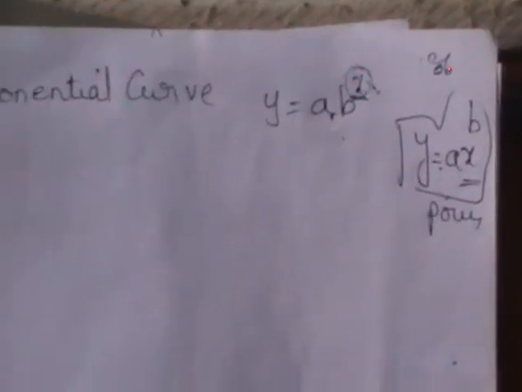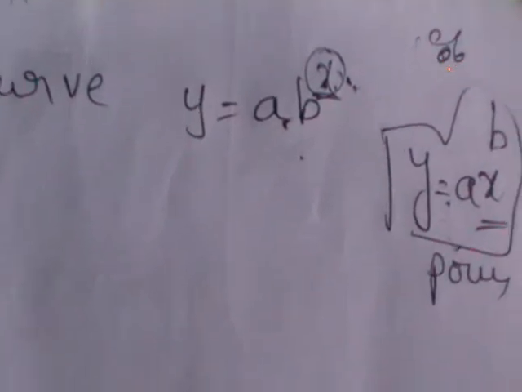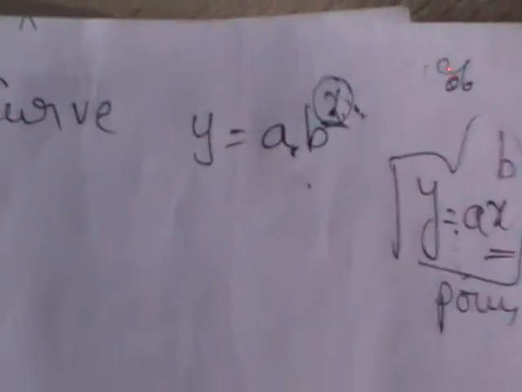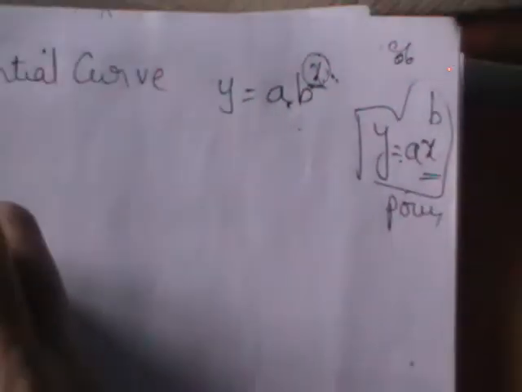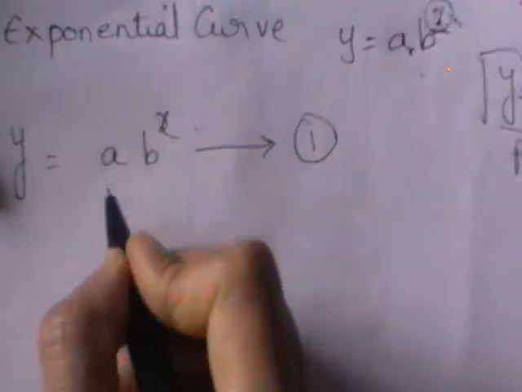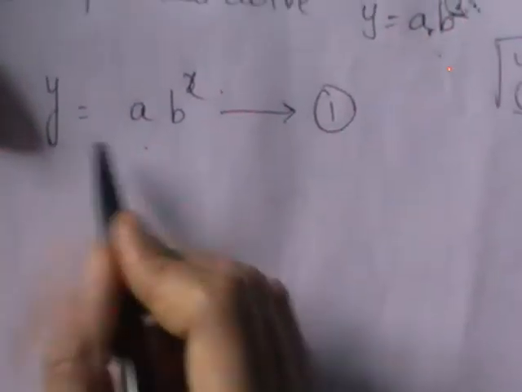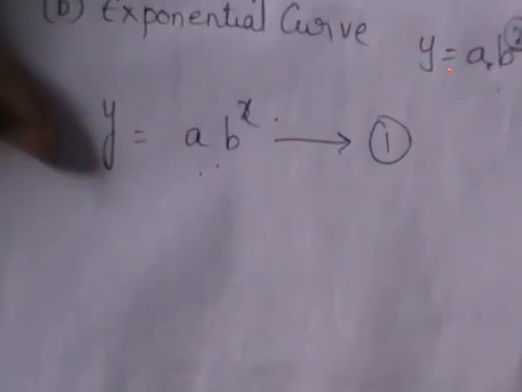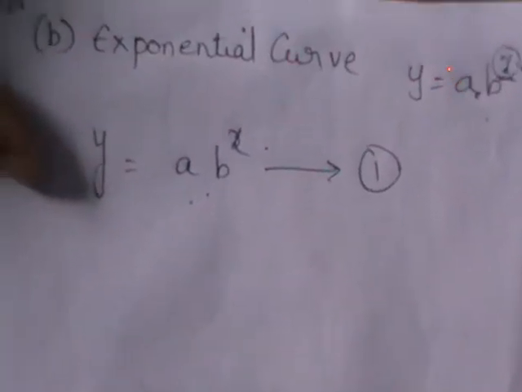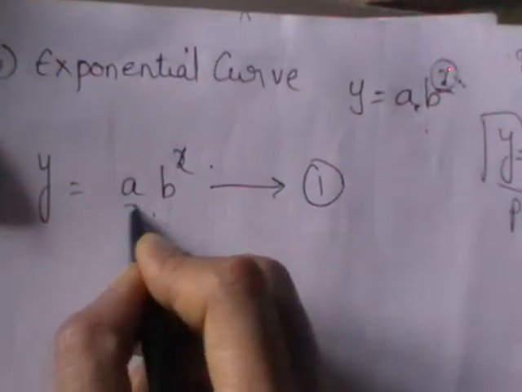So how do you start this? Is it a linear form or non-linear form? Linear means it should be either a straight line like a plus bx or a plus bx plus cx square. This is also not in the linear form. So take this as equation number 1. What is the way you should follow? First take the logarithms as we did for the exponential part 1. Take logarithms on both sides, convert into linear form, then apply the principle of least squares, then write the normal equations, then solve. You will obtain temporary constants a comma b, then using the interrelation you find out a comma